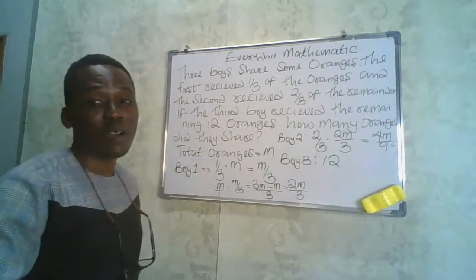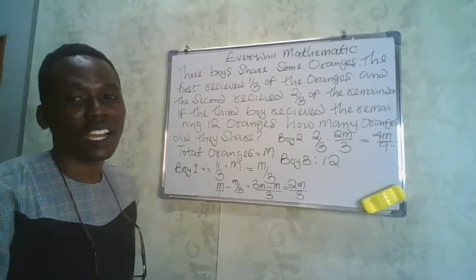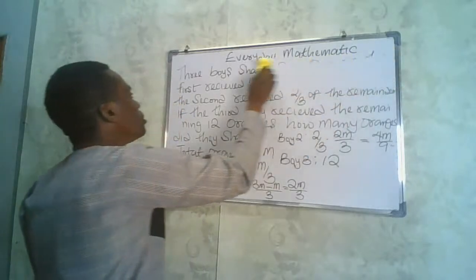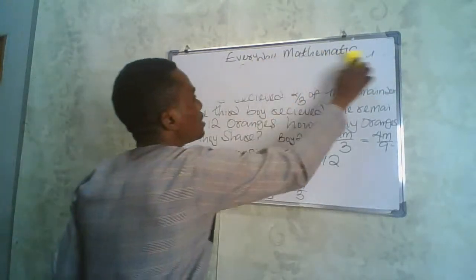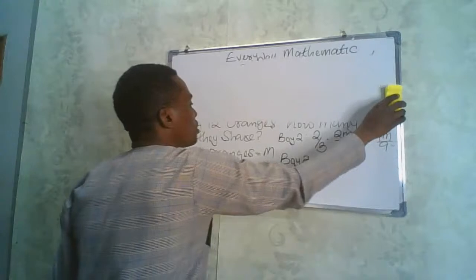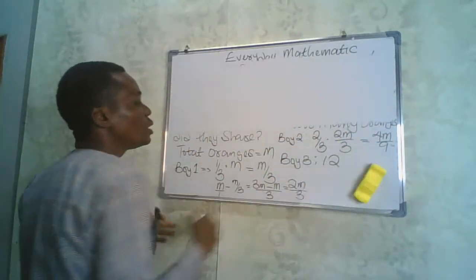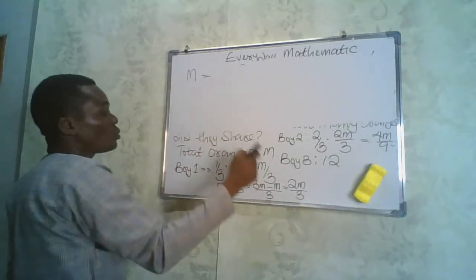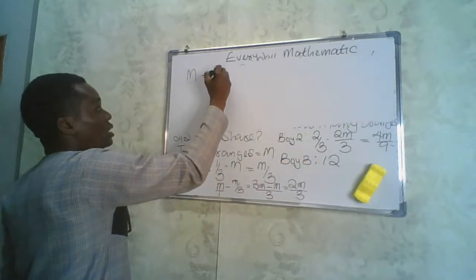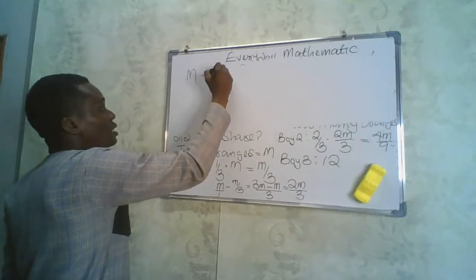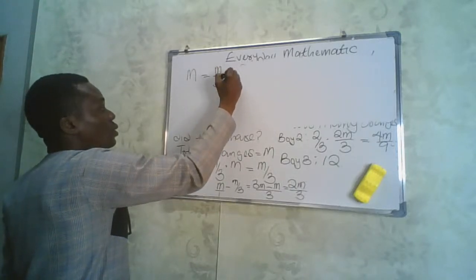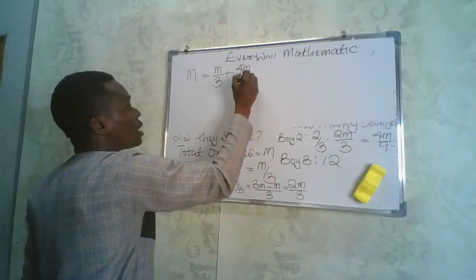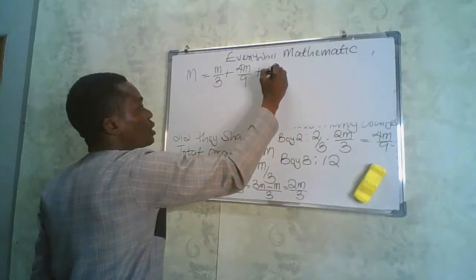And that asks you, how many oranges do we have? Now, this is simple and straightforward. All we need to do is to add. The total oranges we have is m. So if the total is m, our m will be equal to the first boy's oranges, m divided by 3, plus the second boy's oranges, 4m divided by 9, plus the third boy's oranges,